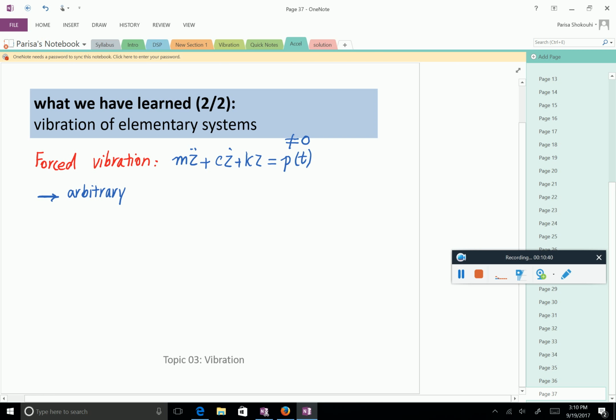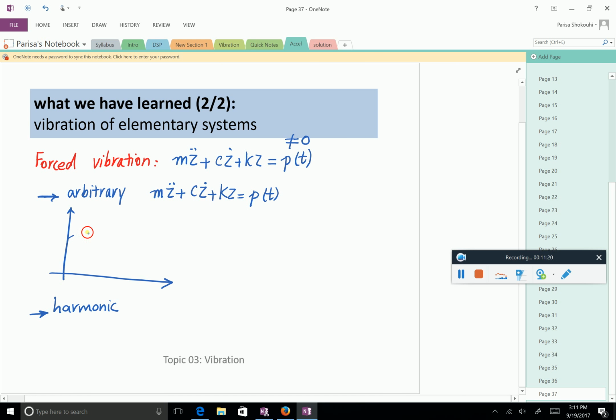So we looked at both arbitrary and harmonic loading. We first looked at harmonic, then arbitrary, but I just reversed it because I want to go directly from harmonic to accelerometer. And in arbitrary loading, I told you that what is important for us is not necessarily all the details of calculation. We all can figure that out. It's more the concept. And the concept that I wanted you to take home with you is the concept of